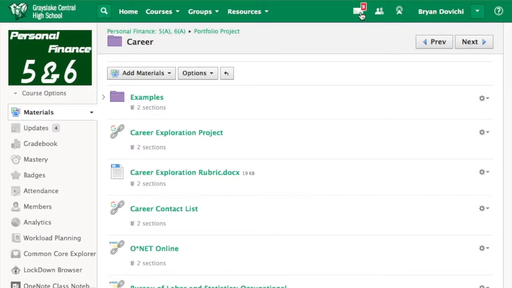So if you look over here now and you see this envelope with the 9 above it, what that's saying is I have 9 new messages in my mailbox. I would click on it. However, due to privacy, I don't want to show everyone what people are sending me. So I'm going to keep it like that. But now you know that if you click on here, you'll see any new messages that are sent to you. Okay. What I want you to do is I want you to go